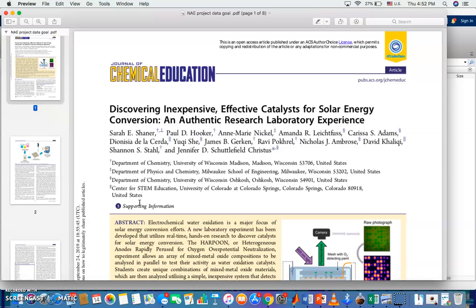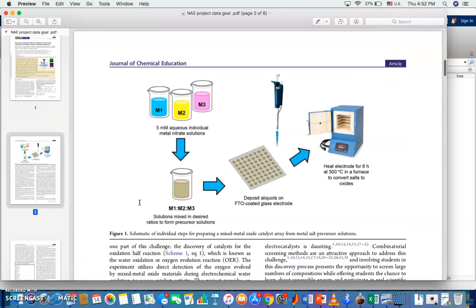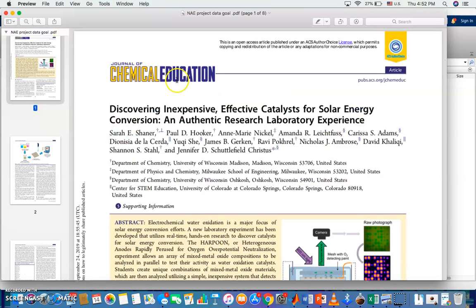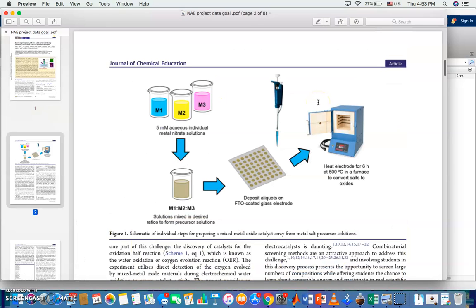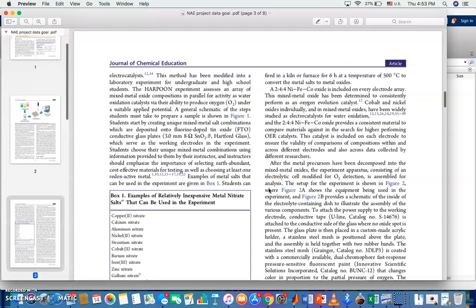Hi everyone. I'll be explaining the Harpoon project and how it goes. Our data is based on an experiment going on right now in the laboratory for chemical engineering. So it's discovering an effective catalyst for solar energy conversion. Basically, the experiment is mixing three metals into a beaker like this, and then this metal mixture will go into a sheet of paper like this, having dots in there, and we're going to put it in a device, and there's a camera and a light, and after that, we're going to get